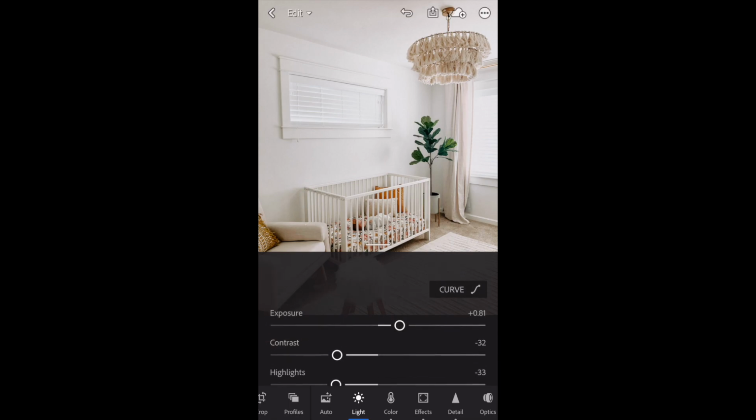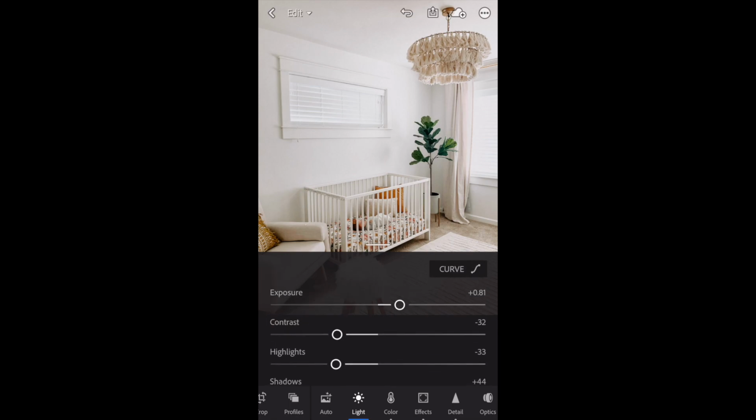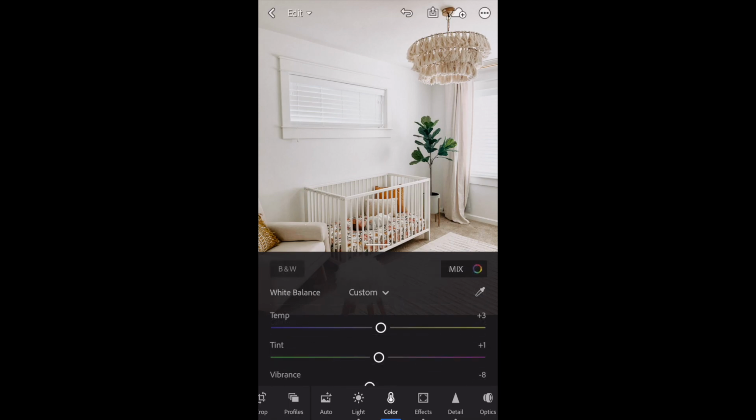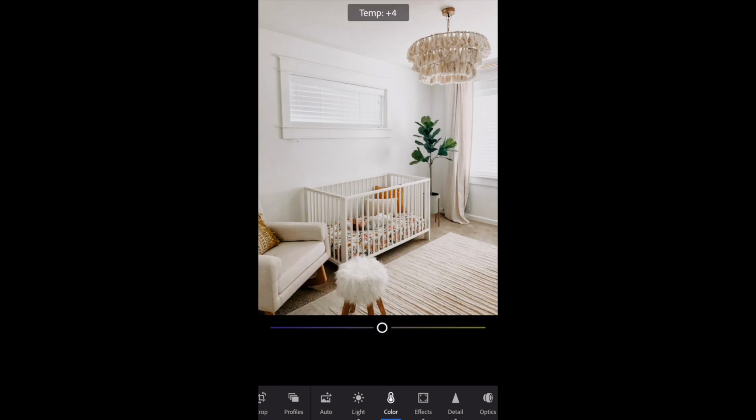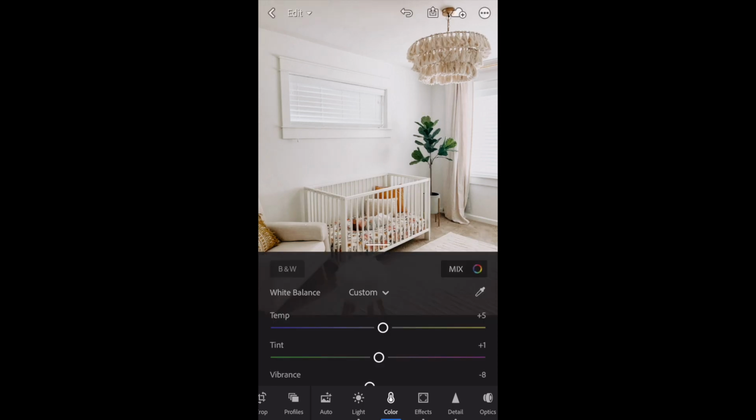Another area I'm going to focus on is color, so I'm going to white balance my images by changing the temperature and tint. So if it looks a little too blue, I'm going to bring it more yellow, and if it looks a little too green, I'm going to bring it more magenta, and vice versa. Typically, I like my images to be a little on the warmer side, so I'm going to bring this a little warmer. If you have a hard time telling if it should be warmer or cooler or more green or